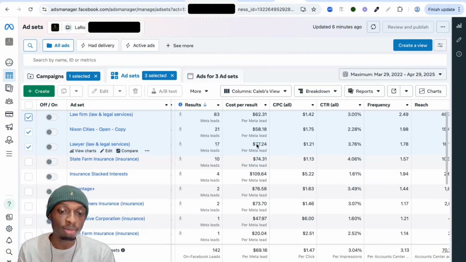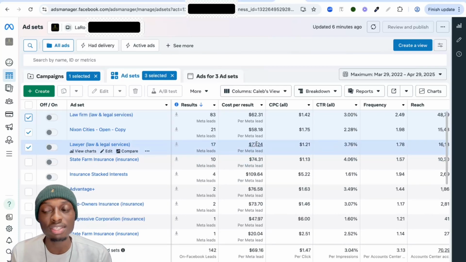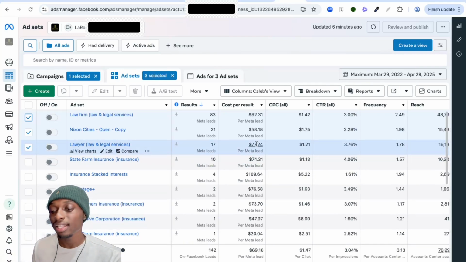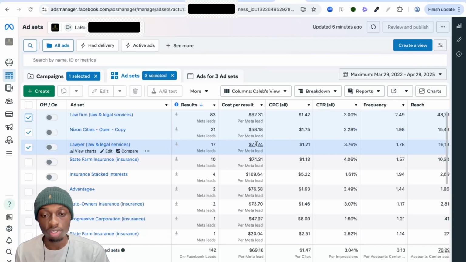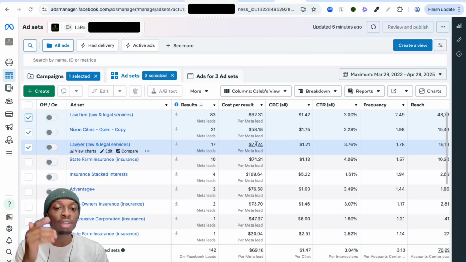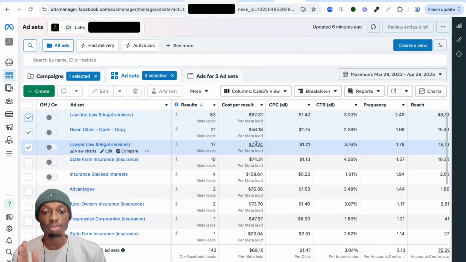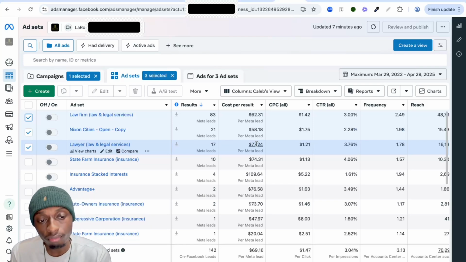Then the main thing is going to be results. How many results am I getting? A lot of the times, the ad set that has the best, lowest cost per result and the most amount of results is usually going to be a winning ad set. You don't want to necessarily use cost per result alone to claim exactly what the winning ad set is going to be. All right. So wrapping things up,